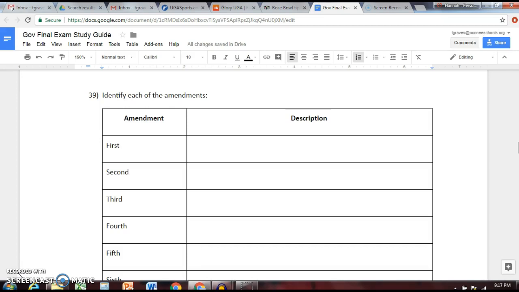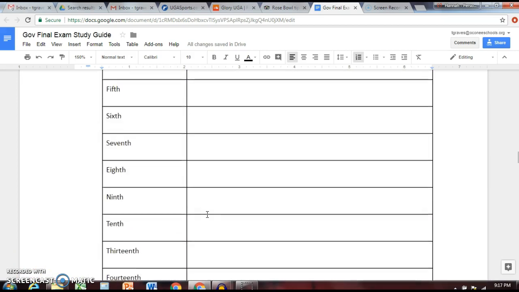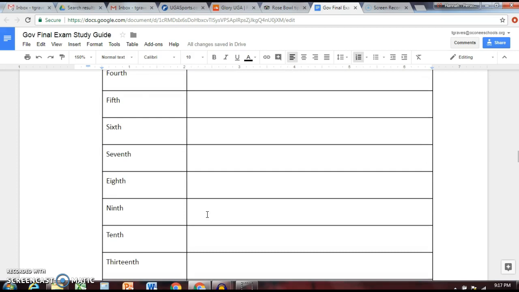The Eighth Amendment protects you against excessive bail and what we call cruel and unusual punishment. The Ninth Amendment says that all of these amendments listed in the Constitution are not the only amendments, or not the only protections that Americans have. There are other rights that they have. And then the 10th Amendment is the amendment that provides for reserved powers to the states. It says any power not listed in the Constitution is reserved to the states.